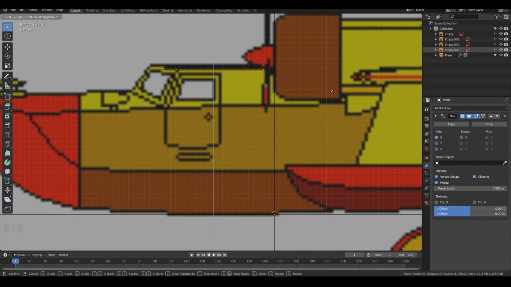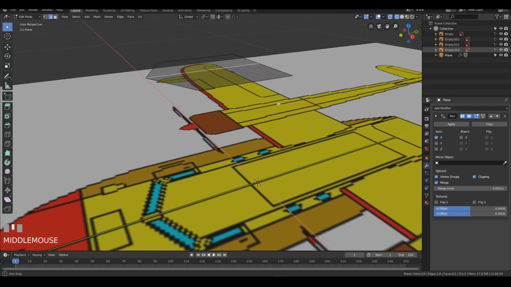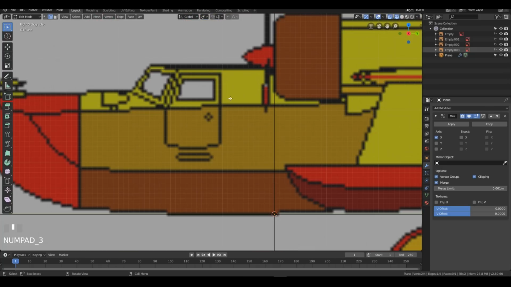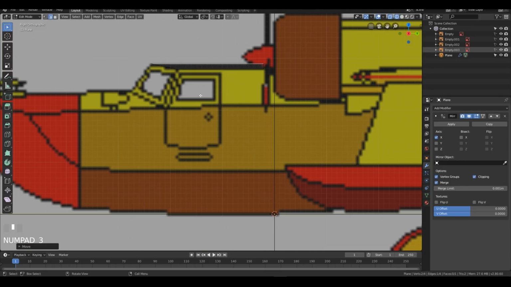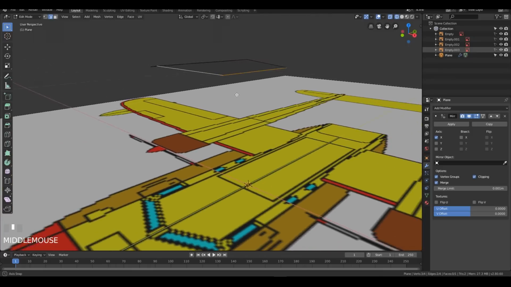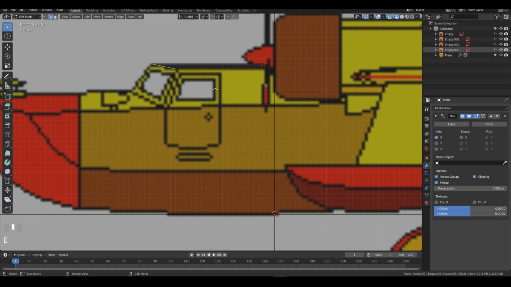Okay, and now the corner is located right here, as you can see, so this will need to go a little bit up, and we can do it right now. If you select this edge, you can drag this out. Now you have the shape of the roof. Okay, we need to extrude this a little bit down. So press E to extrude and Z, drag it down,